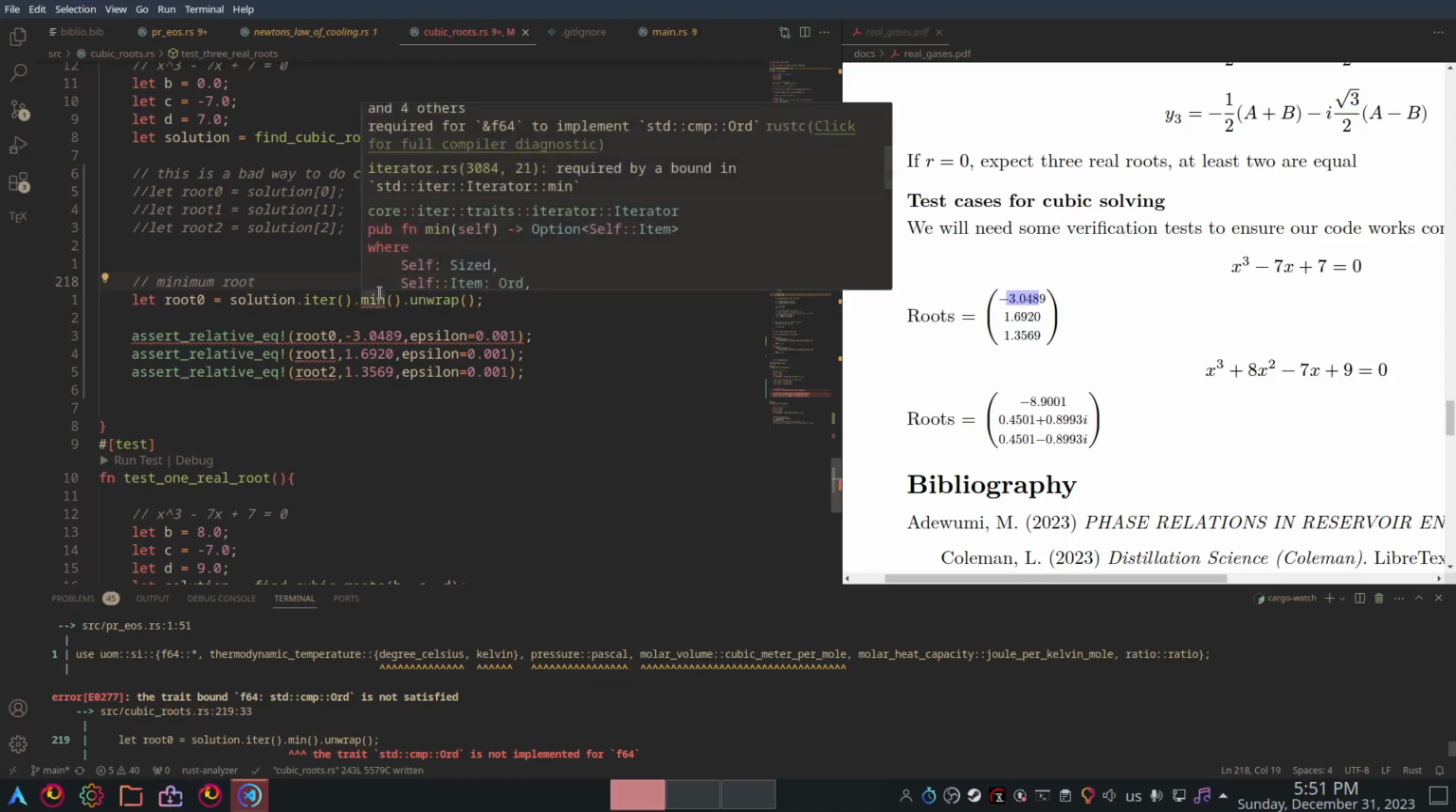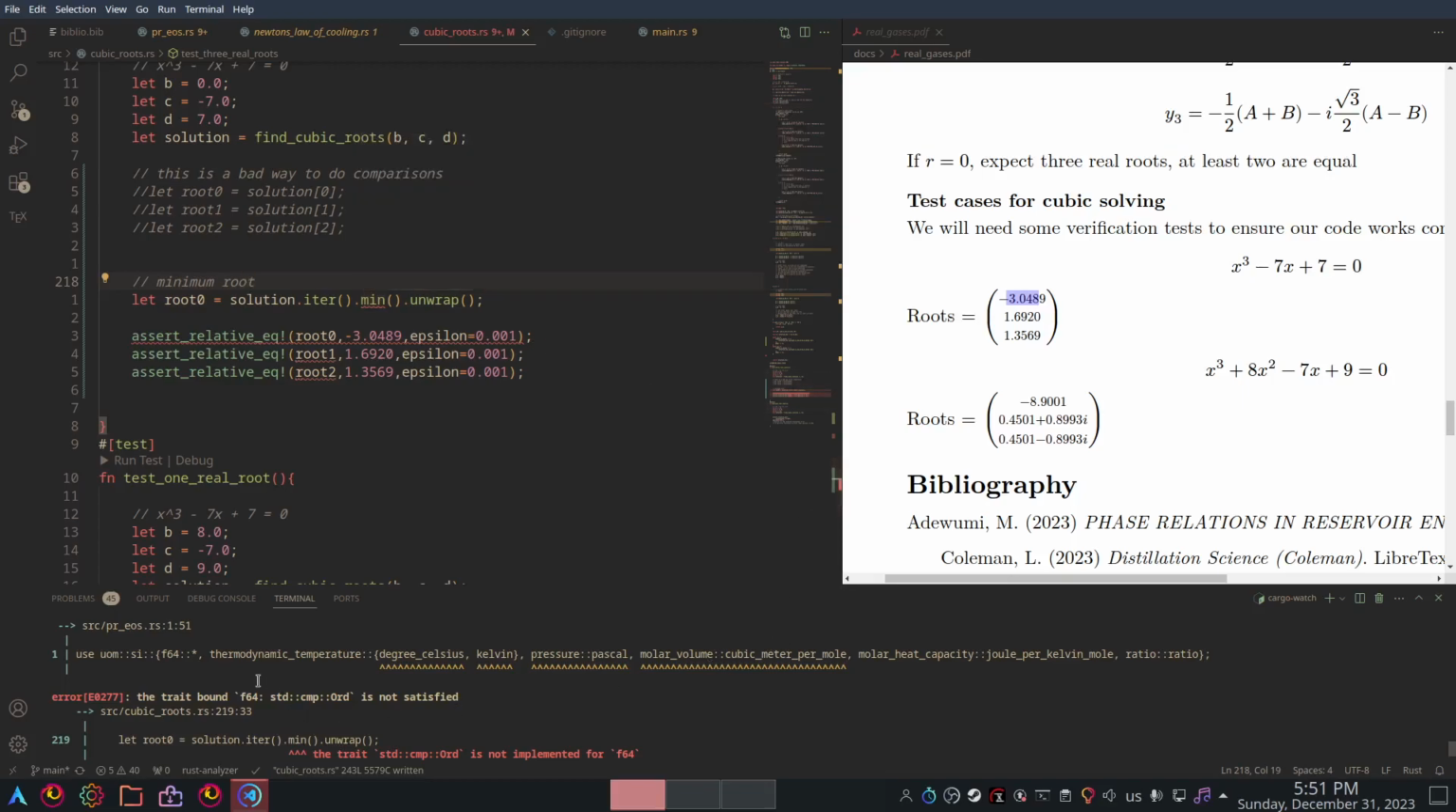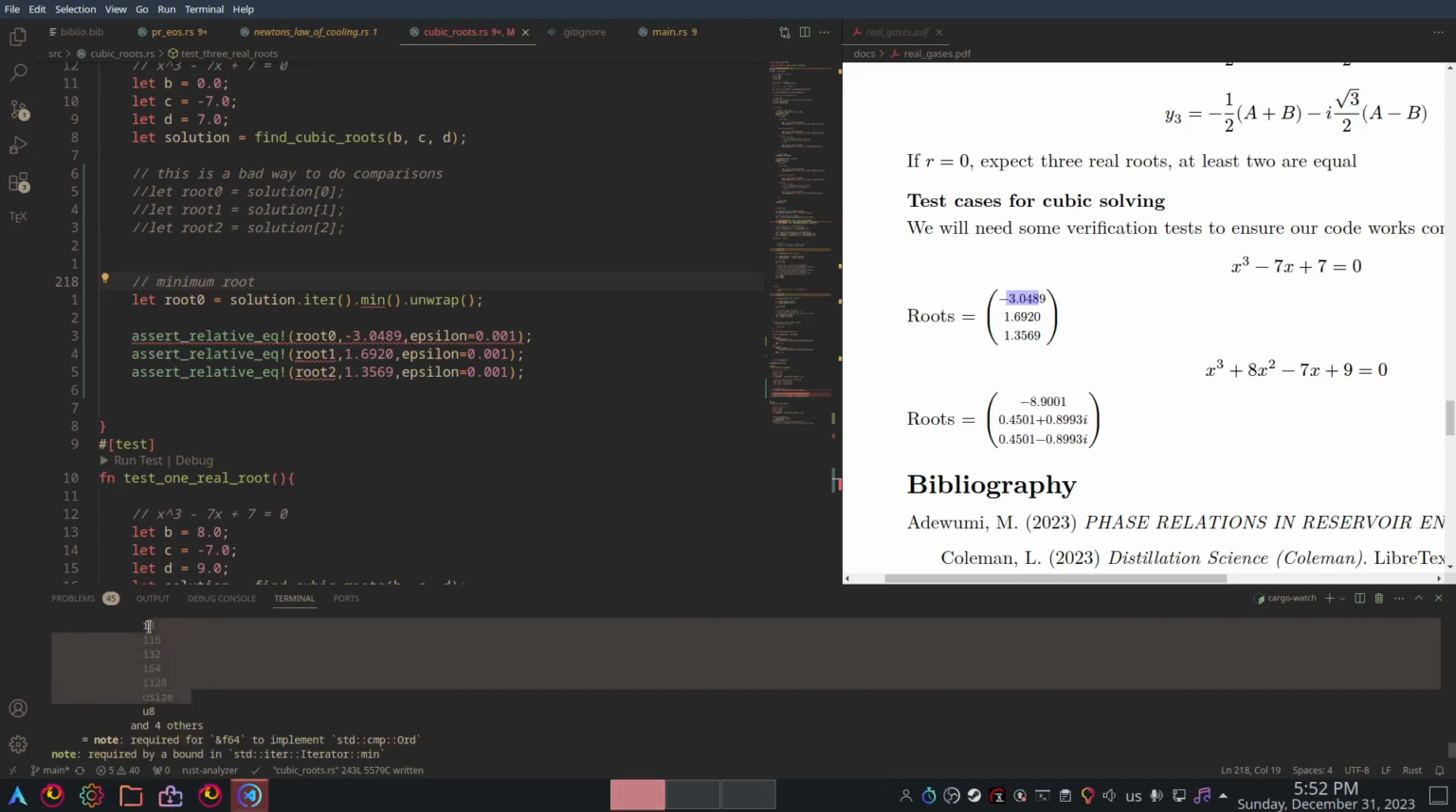One of the things is that min here requires you to unwrap the option first. But the second thing is that since you have a float 64, float 64s do not implement this Ord trait, the standard comparison Ord. This is a trait that helps numbers compare to each other. This is done for integers but not floats, that means floating point decimals. There is a partial ordering, but we have to use some other way of getting